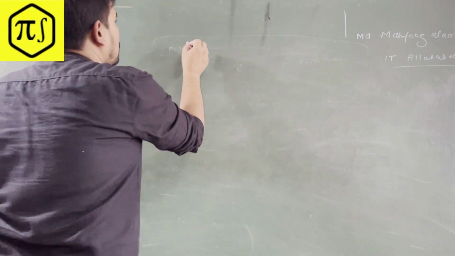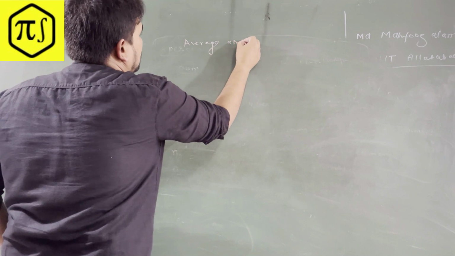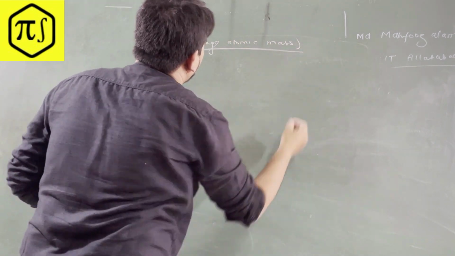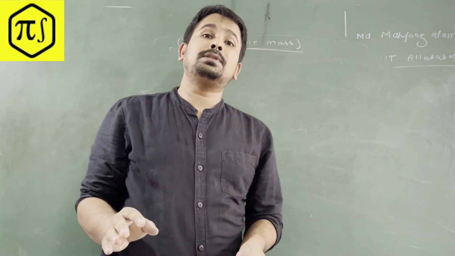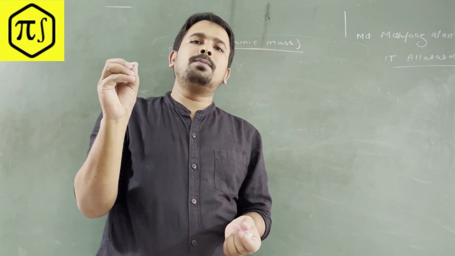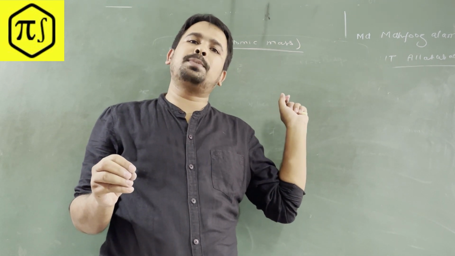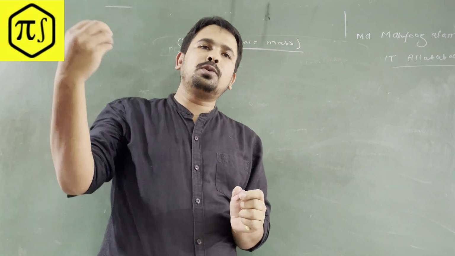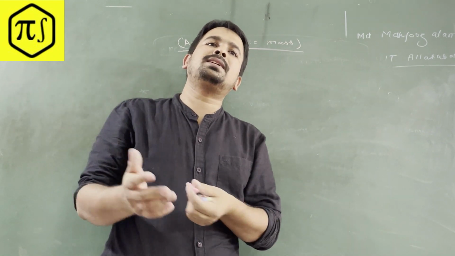Okay, so let's talk about average atomic mass. I think IIT has asked almost 4 to 5 times a very basic question from this one. One who knows the definition of it can solve it. One who remembers only the formulas will get stuck in this type of problem. This is very basic, but still many people were not able to solve it because they didn't know how to derive it. They didn't know the basic nature of the definition or the basic mathematics behind it actually.